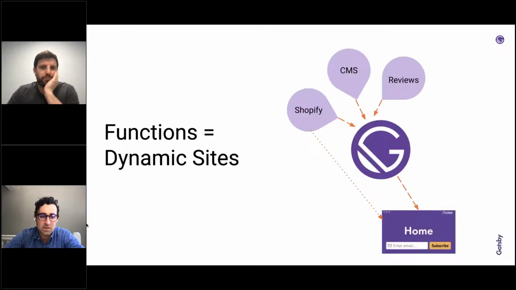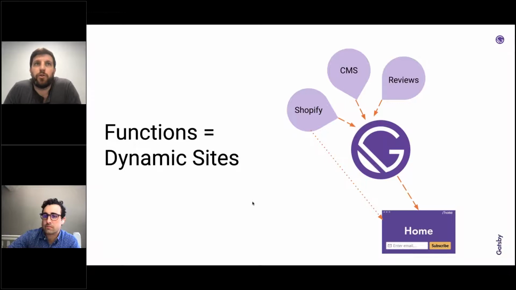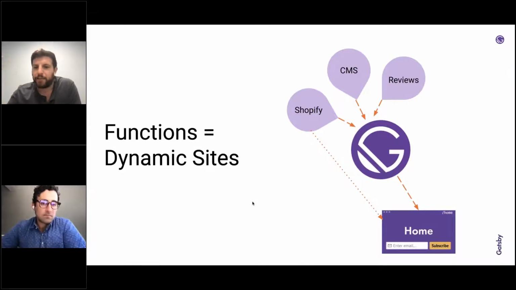Awesome. Okay. All right. So then the last slide here is really, I just wanted to show everyone how static sites and dynamic sites now can work together. This is a quick representation of three, let's say, plugins that we're using on a Gatsby site that are during the build phase. So Shopify, let's say WordPress content, and then a review system. All of those things are using Gatsby Build to get built statically, pre-rendered. So they're going to be optimized insanely fast, just like all of our other Gatsby things. They're going to be on that page when you're there.